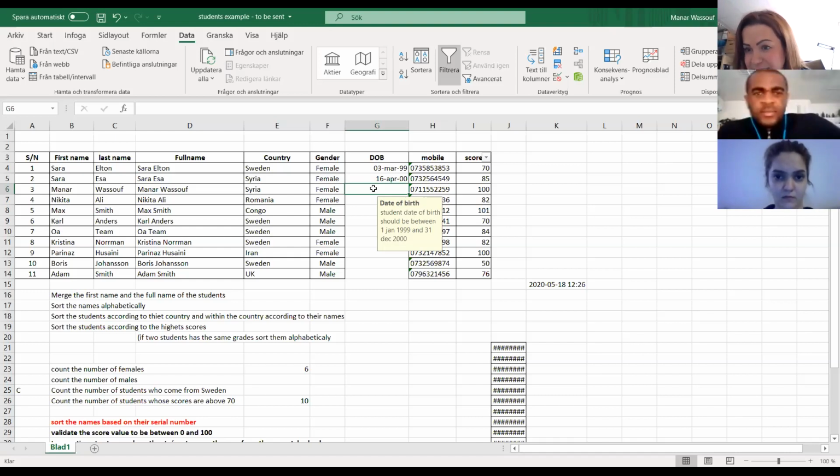It means that he's not born. So we need to control that the entry should be less than today.